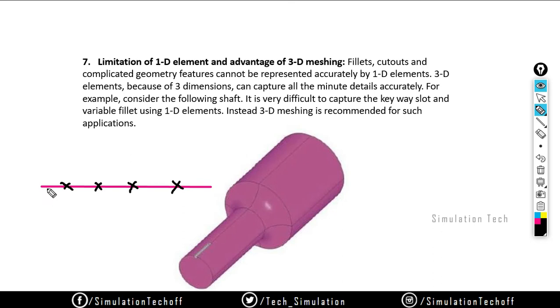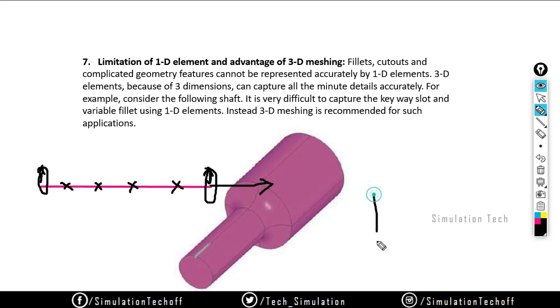But if there are any changes in its cross section, say it's a rod element, and you apply an axial load, you can identify the deformation, but you can't expect the stress values in that cross section, because there will be a variation in the cross section. That variation cannot be observed by the 1D mesh because you don't have any nodes or elements in the cross section, right? So that is a drawback.